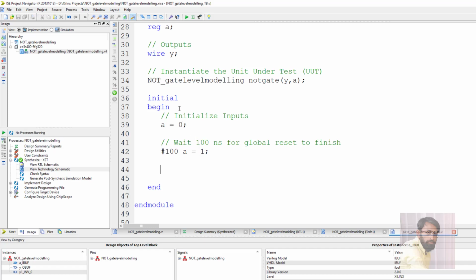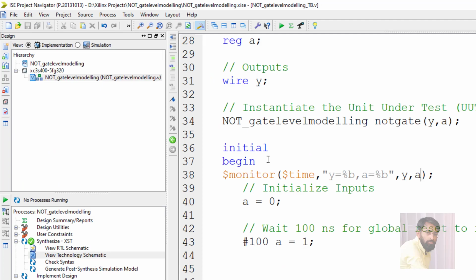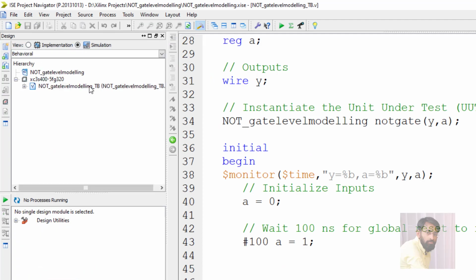In order to see the result in the console window, add a $monitor statement. $time is used to print the simulation time, then output y is equal to %b, input a is equal to %b. Save it, and in order to simulate it, in this design window, click on simulation, choose the particular test bench,